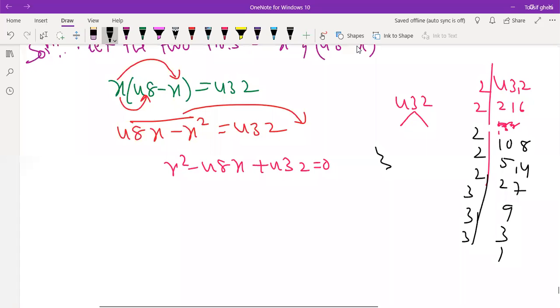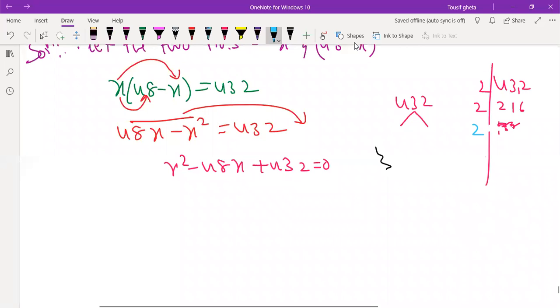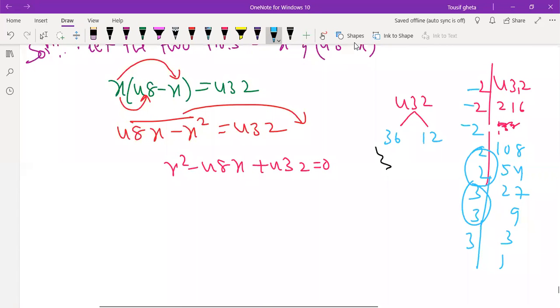So now we should decide which will help us to get minus 48x. 2 2s are 4, 2 7s are 14, 3 9s are 27, 3 3s are 9, and 3 1s are 3. So which will help us to get minus 48? If you think this way, 9 4s are 36. So we got 36 into 12. 2 2s are 4, 2 4s are 8, 3 8s are 24. 12 we will get actually. So there was a mistake we made.